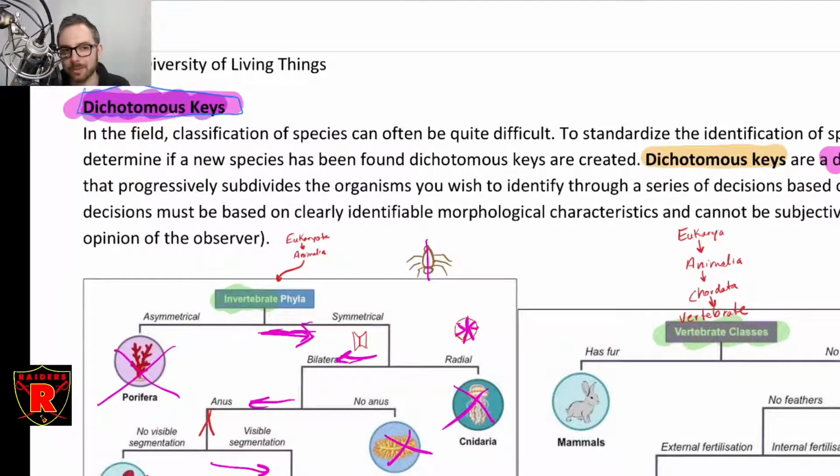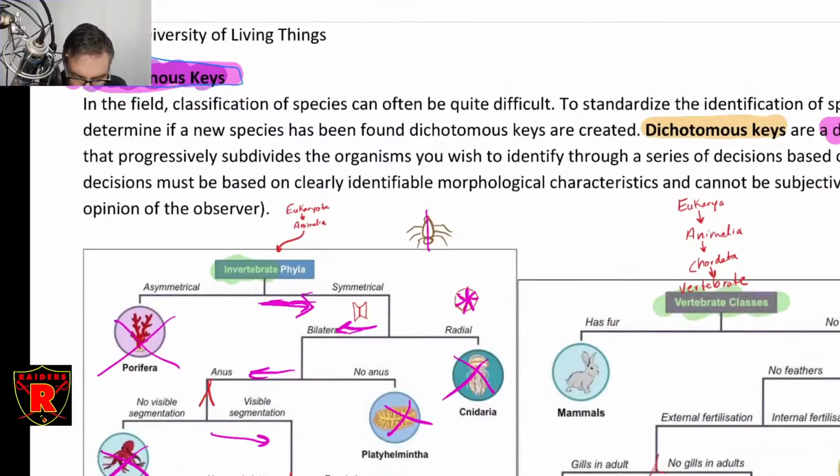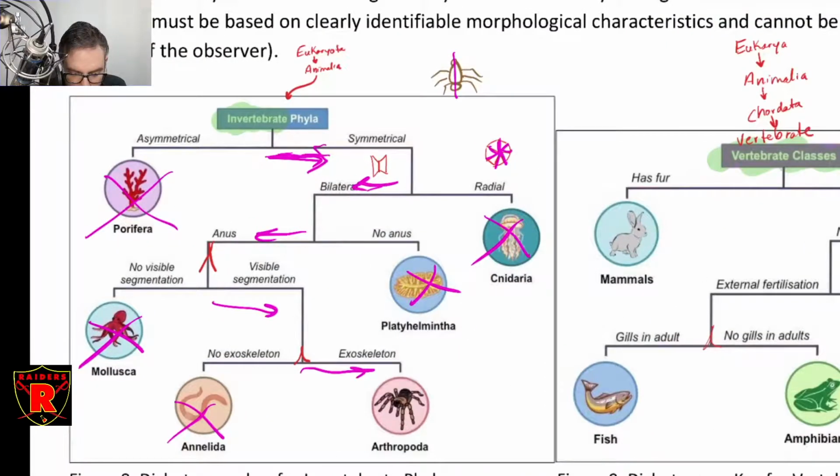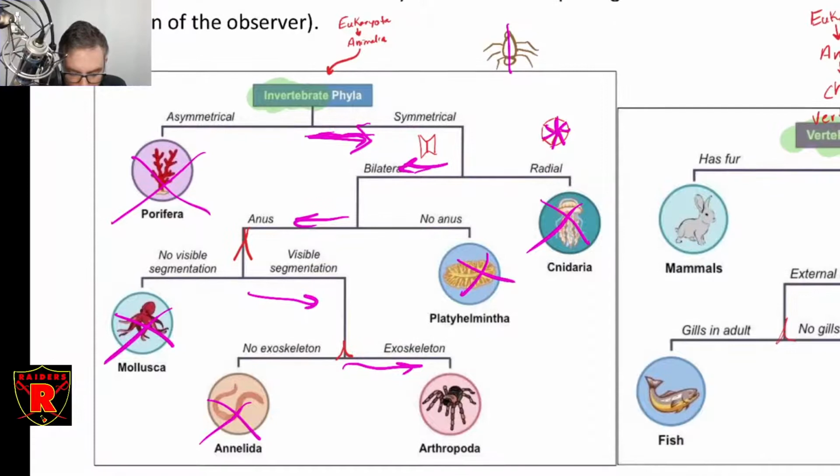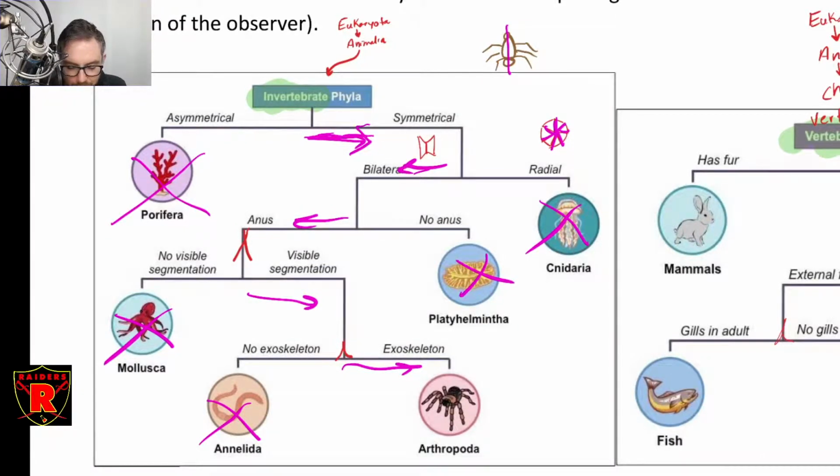And so going back to what I mentioned earlier, where there's these international organizations, you name the species type, they usually are responsible for creating tools like this to help identify and ensure that everybody is discussing these same species. Okay, so let me give you an example of a very basic dichotomous key. This one right here is for identifying the type of invertebrate that you are looking at. So assuming that you know that you're looking at an invertebrate,